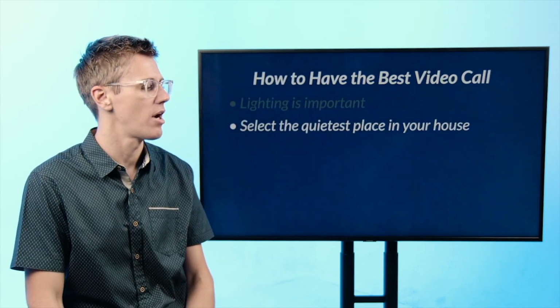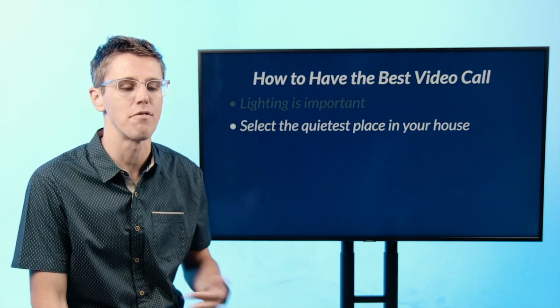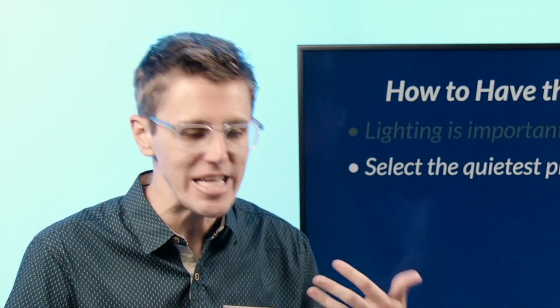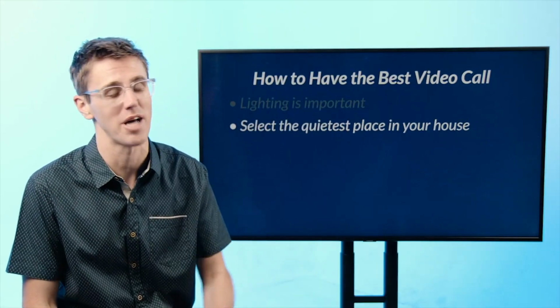So before your online group gets going, be aware of how you meet. And again, you're going to have to help people that are new to this. So don't shun somebody if they come on and they've got a light behind them and you think, you don't know what you're doing. Don't do that. Help them. Teach them how to have a good lighting setup. These things can actually get in the way of a good online group meeting. If someone's dark, you could feel like, maybe I don't know who they are, maybe I'm not going to open up. But the better the lighting, the easier it's going to be to have a really good conversation and a compelling small group time online.